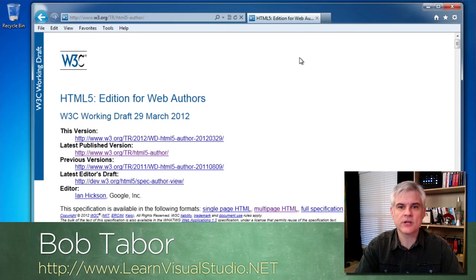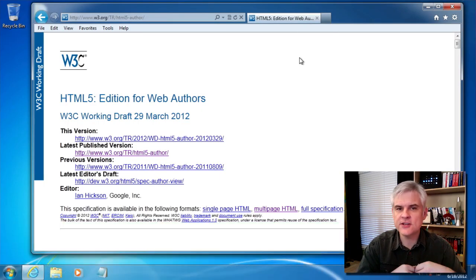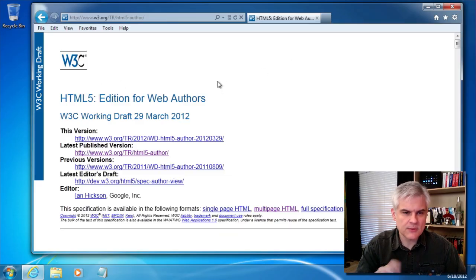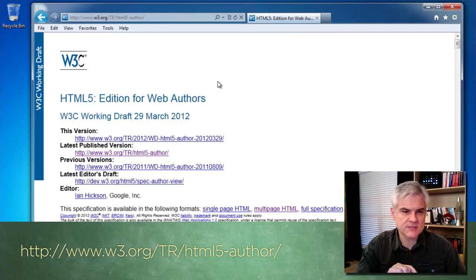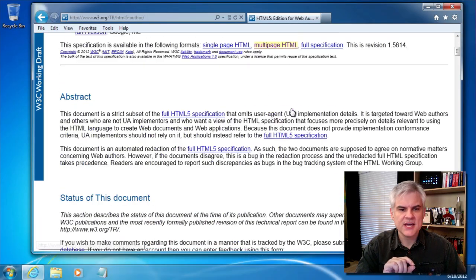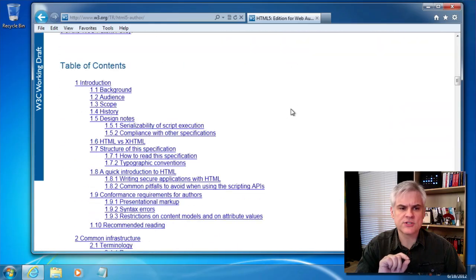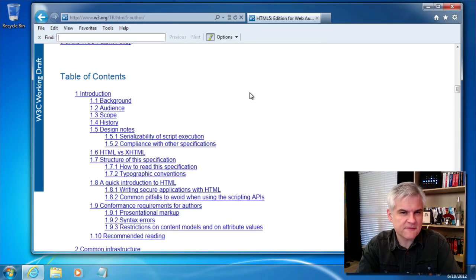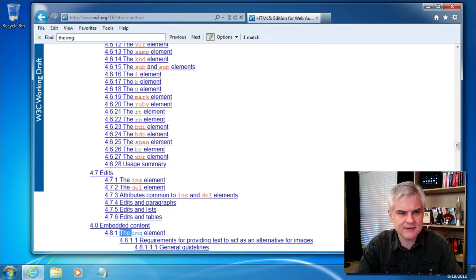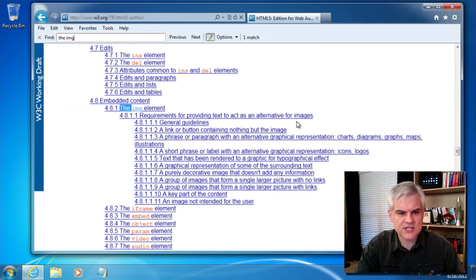In this lesson, we're going to talk about adding images and figures to our HTML5 documents. So let's go ahead and start with the image or IMG element. And just to remind you, we're looking at a version of the specification called HTML5 Edition for Web Authors. I'm just going to scroll down to remind us that we're searching on the table of contents. I'm going to hit Control F on my keyboard to bring up the Find toolbar. I'm going to type in IMG, and that'll bring us to a section of the table of contents specifically